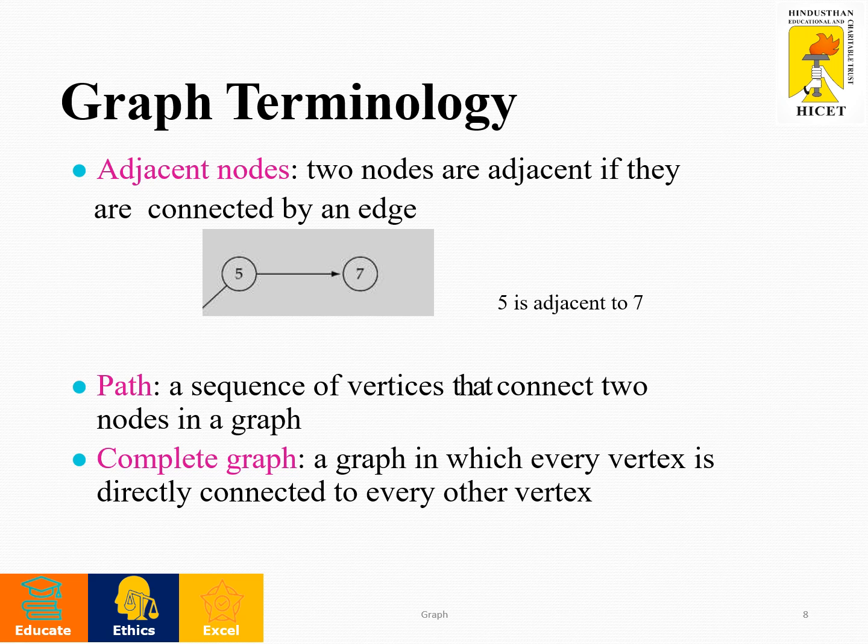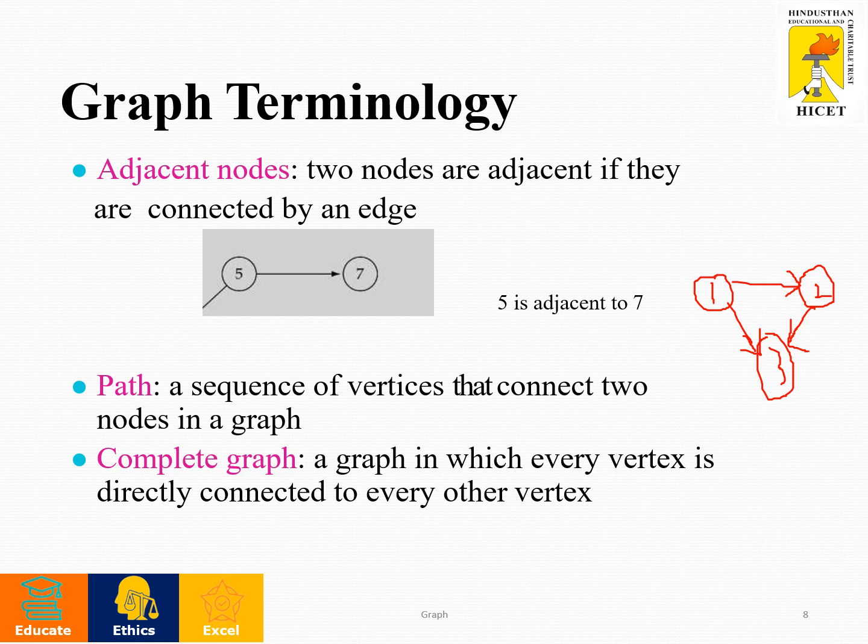And path. A path means simple edges. Edges connecting two vertices are called a path. And complete graph. A complete graph can be defined as a graph where there exists a path from each vertex to every other vertex. If you have the vertices 1, 2 and 3, so this is the graph. A simple graph consists of 3 vertices, and if you want it to become a complete graph, let's say this is the directed graph.